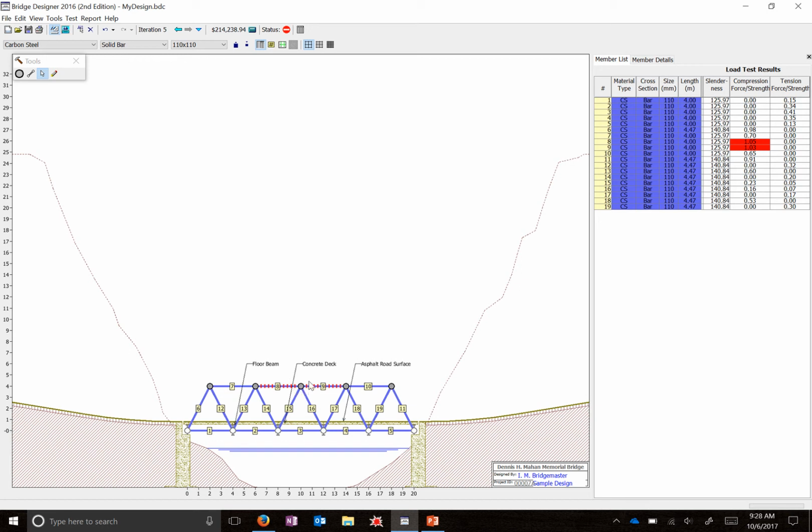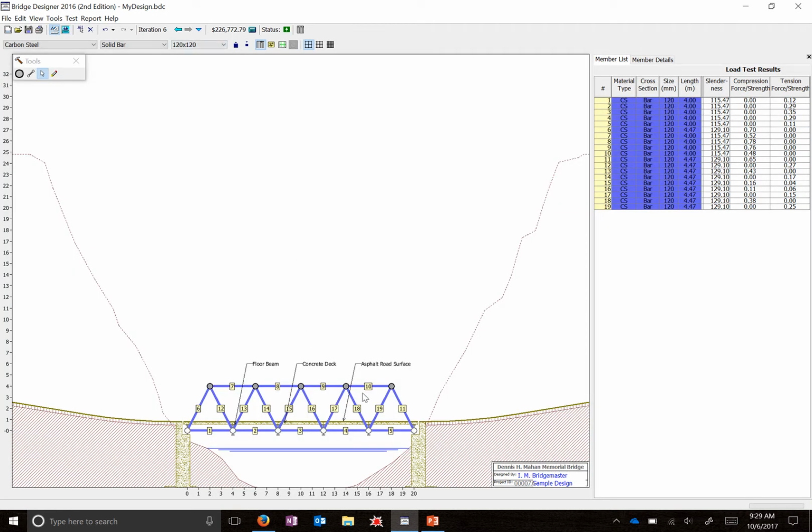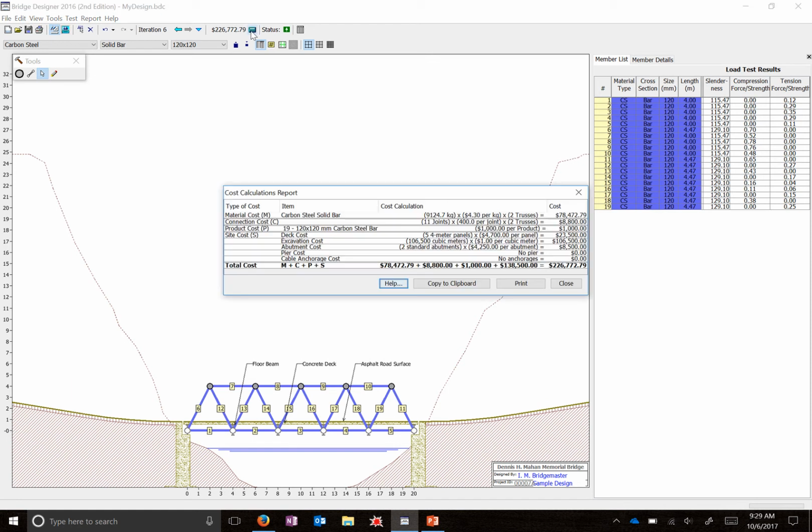1.0 is the failure. Okay, that's 100% compression plus, so they could not survive. Once we've done that, so we know then that the 120 should survive as it just did before. So it just survives. So we know that our cheapest price at this level for these materials is $226,772.79. If we click on our calculator, we'll see that the material cost for the steel bar times all the material,